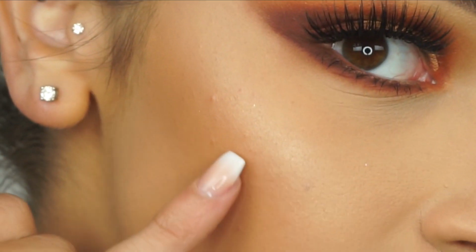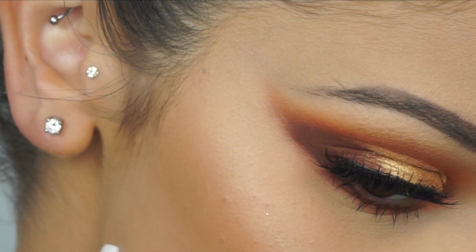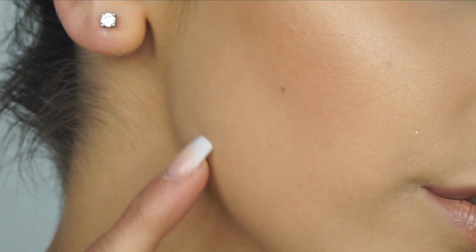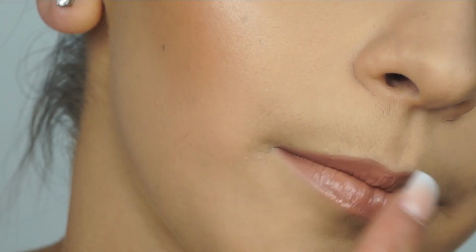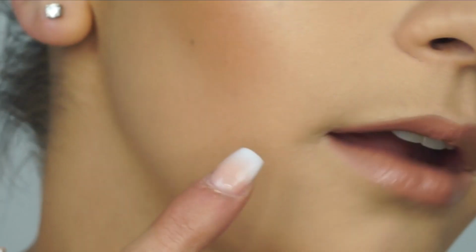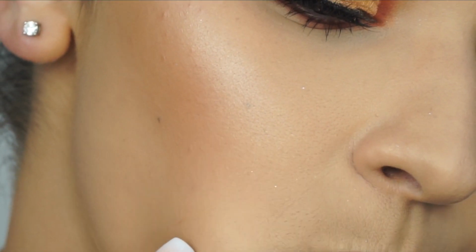You can still see my texture in this region. I don't really think it's full coverage or anything like that. You still kind of see my discoloration. I do have some discoloration over here. Over here is what I'm talking about with the 5 o'clock shadow. Again, not really sure why that's looking like that. I have some texture right here,